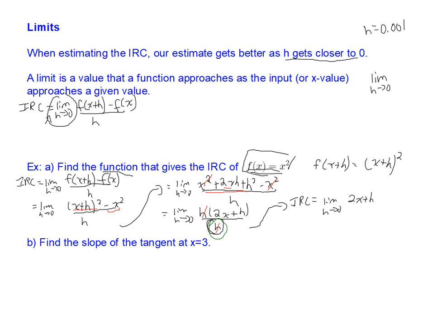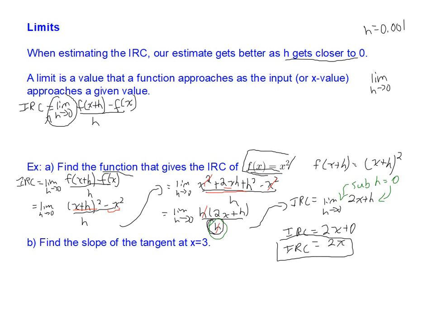So we're going to substitute h equals 0 into our function right over here for h. Everywhere there's an h, we're going to replace it with a 0. So our instantaneous rate of change then becomes 2x plus 0, which is just equal to 2x. So this function right here represents the instantaneous rate of change function,